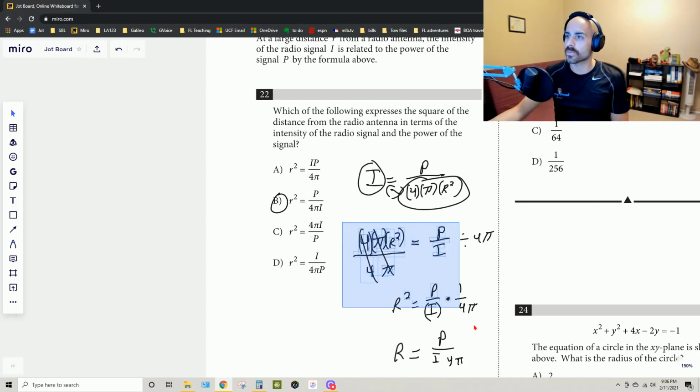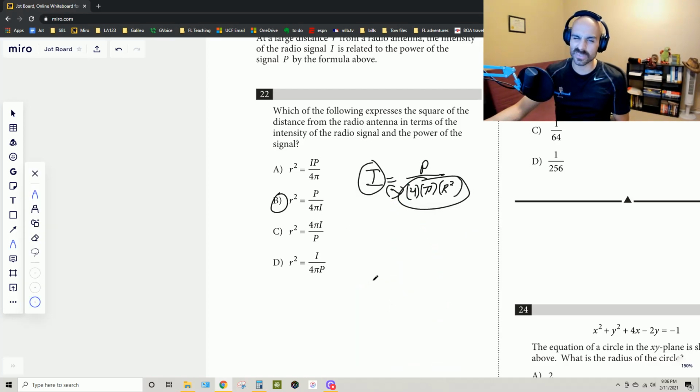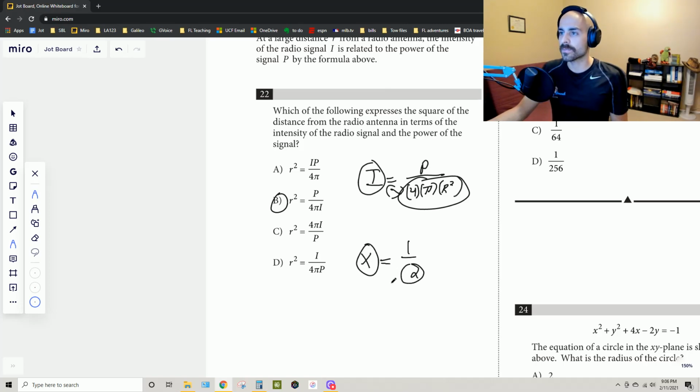Now, back to our original situation here. Why is it that I can always just swap these two out? Let's think of a simpler number, and then we can see how that works. Let's say that you had x is equal to 1 over 5. Or even a simpler number, 1/2. I can swap out x and 2 and rewrite this as 2 equals 1 over x, because